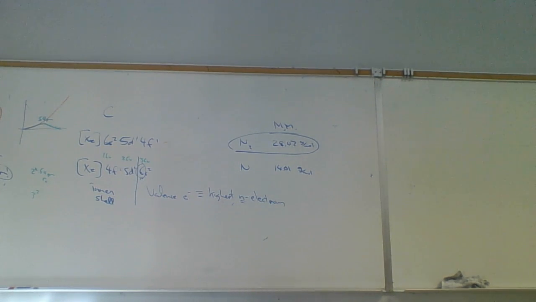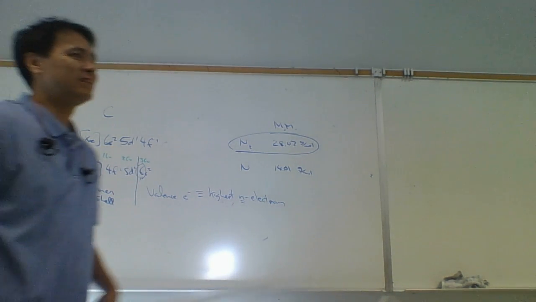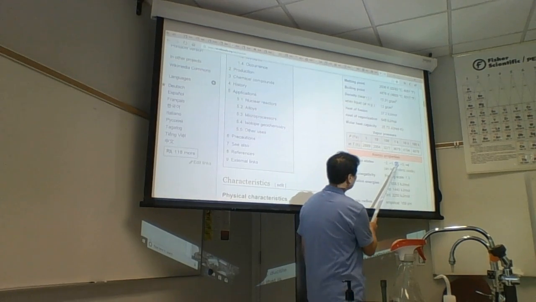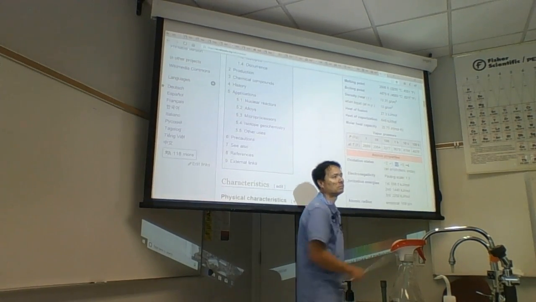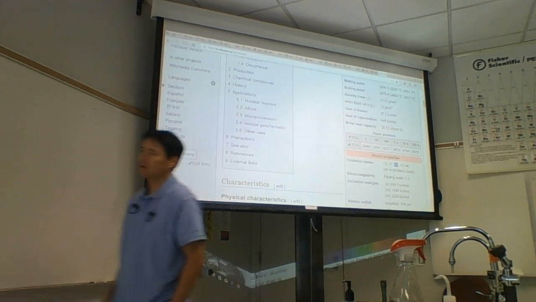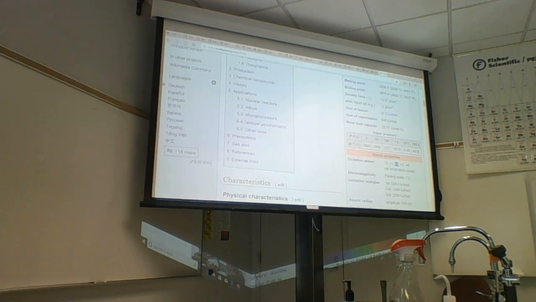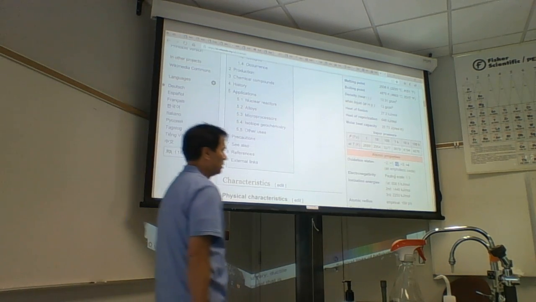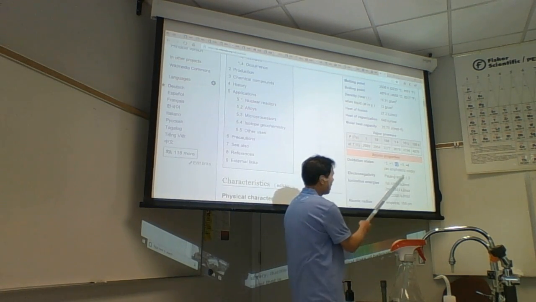+2. +2 is a charge on hafnium ion, but also +1. So if an oxidizer comes along and it plucks one of these s electrons, that gives us +1. If it plucks off two of these, that gives us +2. So +2 should be common, but it looks like the most common charge on hafnium is